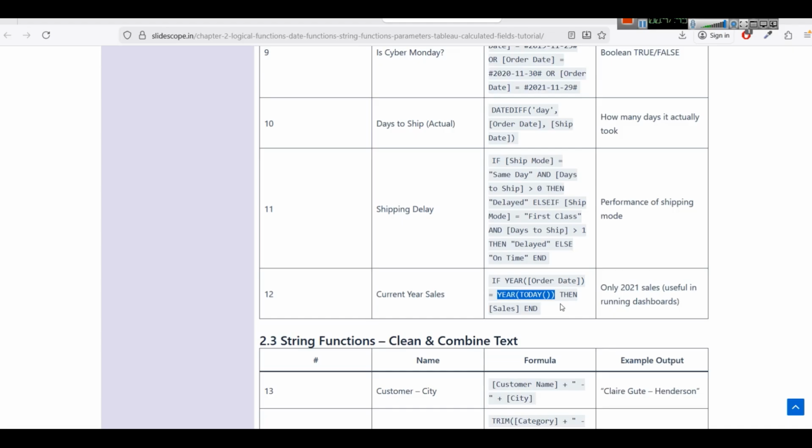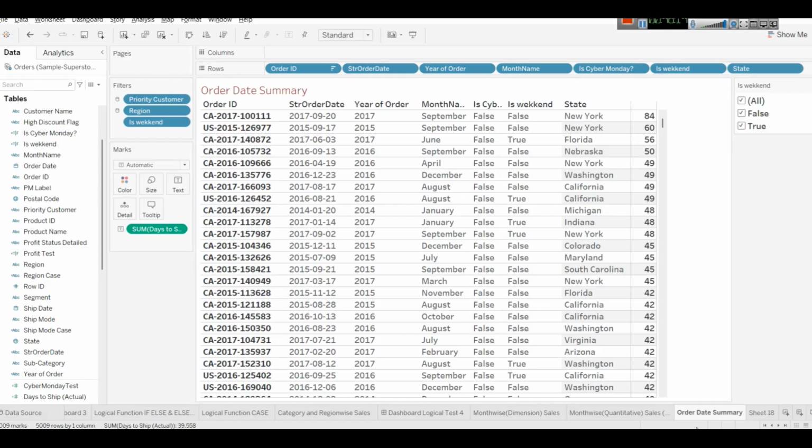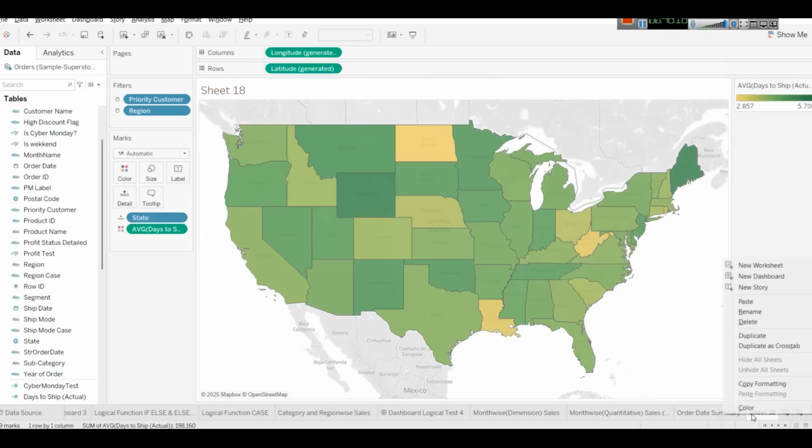There is something called same period last year. So you can write year of today and year of today minus 1, that you can also write, right? So you will be able to create this as current year sales and that as previous year sales. So you will be able to compare. So let's use it. So if we use that sheet,